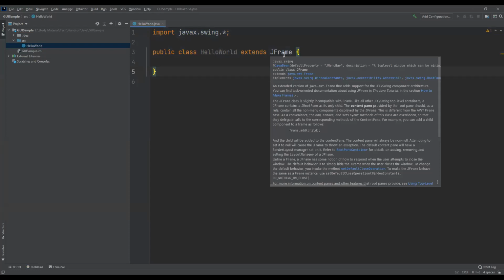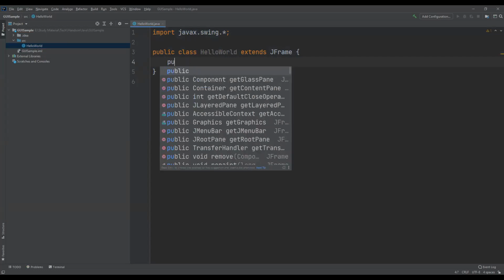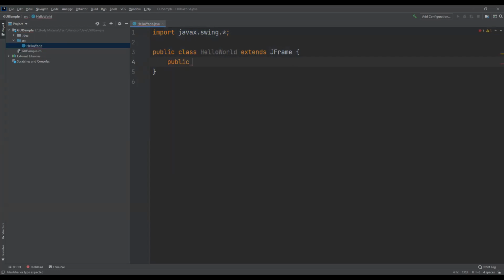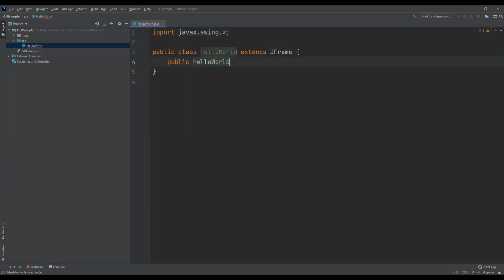JFrame is what? JFrame is a frame. It's a window. That's all. So then we will create a constructor. So let's say public HelloWorld. This is the name of the constructor.